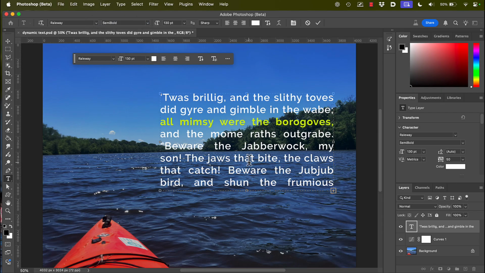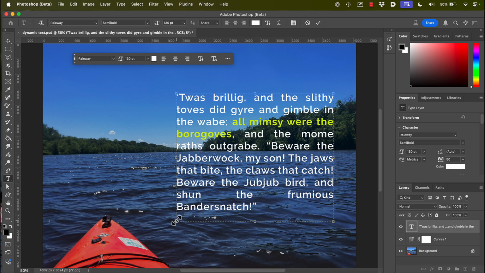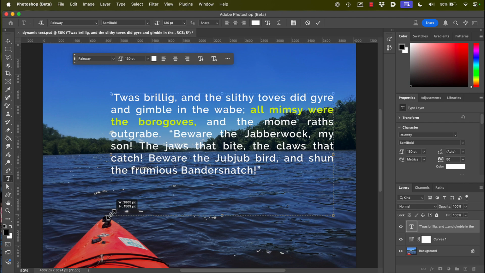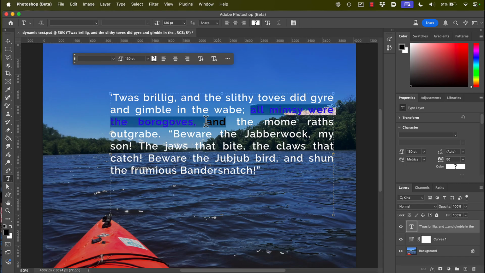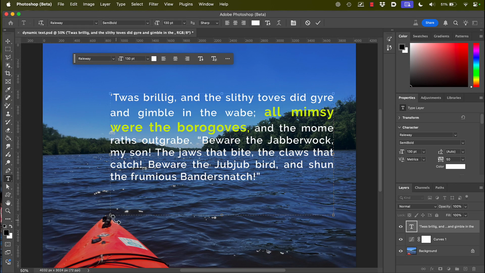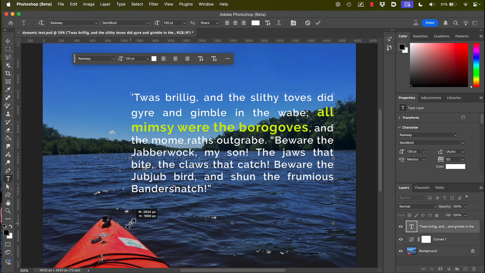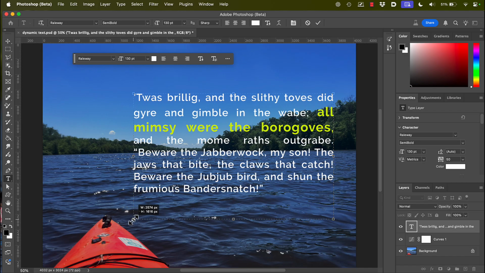Okay, so that's great. Now, what happens if I modify this text box? So notice what happens. If I make it a little smaller, well, that yellow text is no longer one line. Or if I make it really wide, it ends up split among two lines. And if I take that text and change the size, I'll bump it up a little bit like that. Again, the whole thing goes a little nuts. So I have to keep changing the size, changing the width of the box, figuring out where it all is. So that's what I'm saying, you have to keep fighting with it.